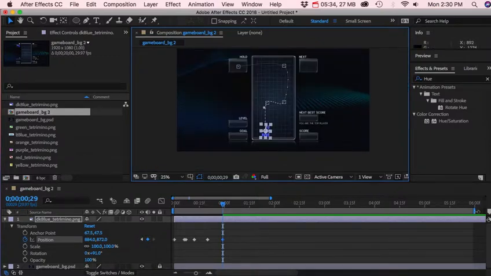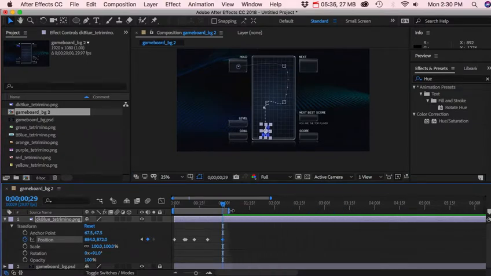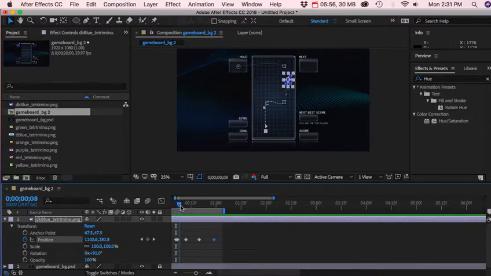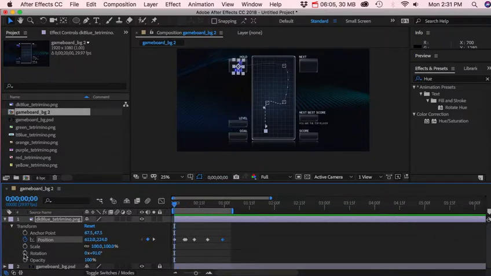Maybe give it a preview. I'll move this over to 1 second. Well, I can just preview just this one part. And it's pretty smooth and pretty quick. Okay, so let's go ahead and add some rotation first. Let's give it a rotation keyframe on the first frame right there,